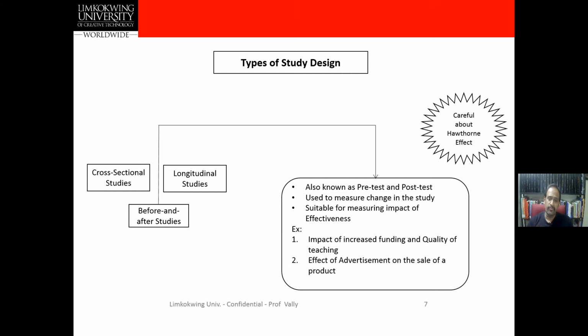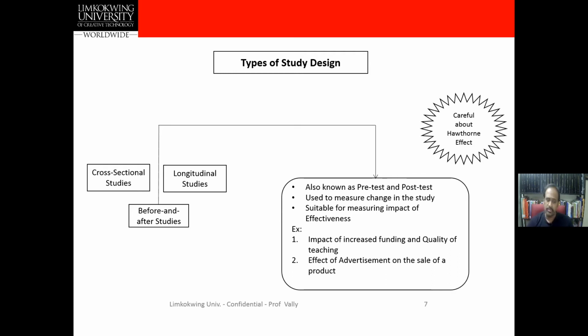But here please be careful, there is something called the Hawthorne effect. Hawthorne effect means that if you ask your respondent once, they will respond to you. You may ask a second time, they might be okay, but the third time they will start hesitating, the fourth time they will ignore, the fifth time they will get scared of you. So every time we ask the same question again and again, there is a Hawthorne effect. The answers may not be very genuine. So please be careful, because if you ask the same person the same kind of question again and again, the second time the honesty might not be there.